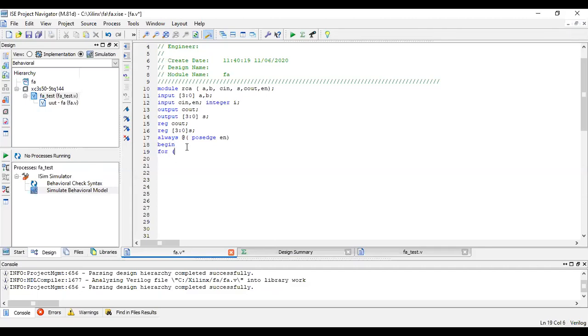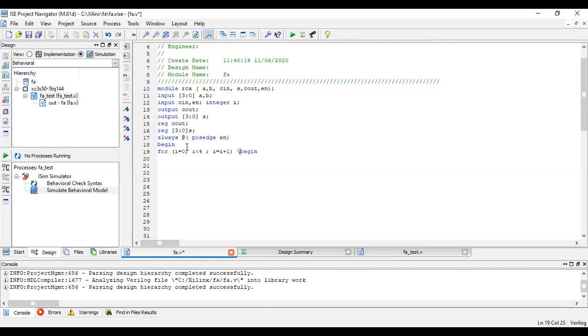For i is equal to 0, i less than 4 or less than or equal to 3, you can give anything. i is equal to i plus 1. This is my i. Begin. Now I'll be calling the task.